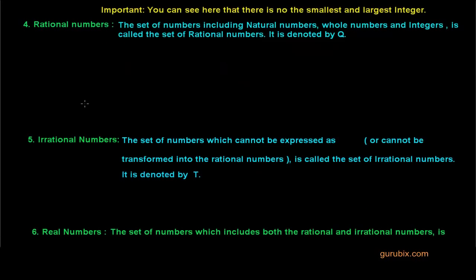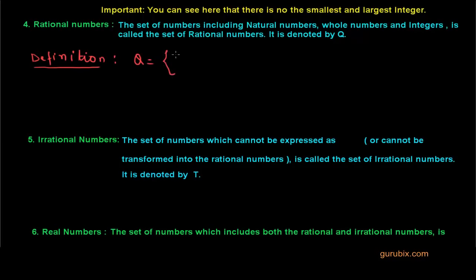Now let us come to the rational numbers. Rational numbers are those numbers which include natural numbers, whole numbers and integers. It is called the set of rational numbers and it is denoted by capital Q. For the definition, as far as the definition of rational number is concerned, it is very easy: Q is the set of